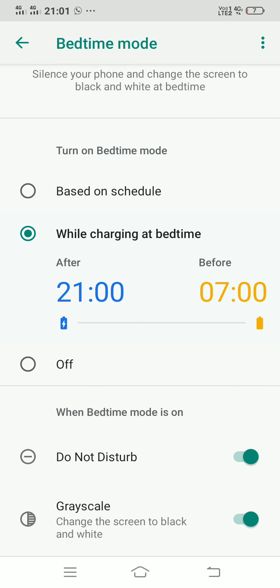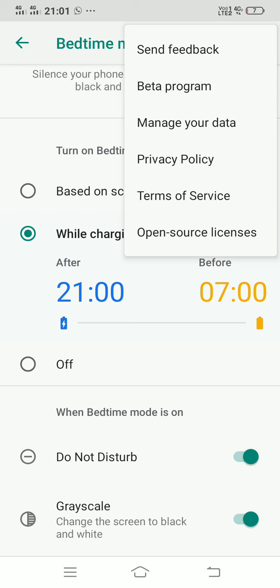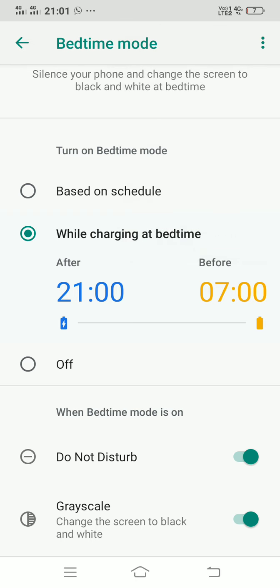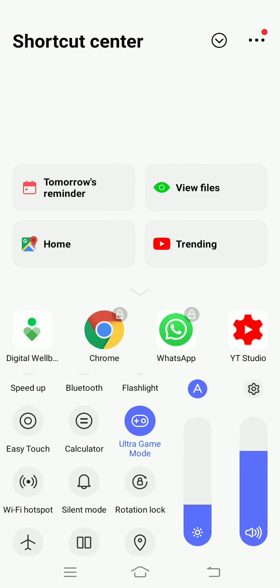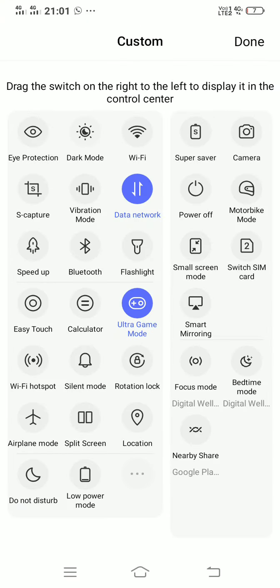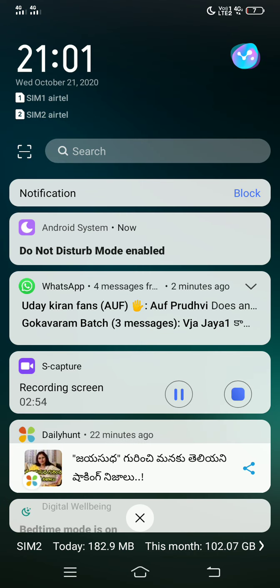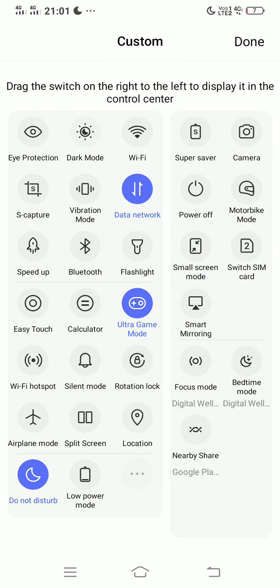And then you can go here, send whatever feedback, everything. And now if we go back to the settings, you can see now it is already enabled, and the entire screen seems to be on the gray side. So it's a good feature to save the battery, to help you have a peaceful sleep.